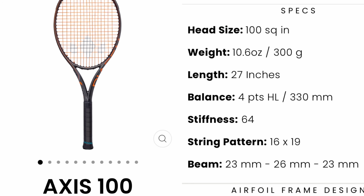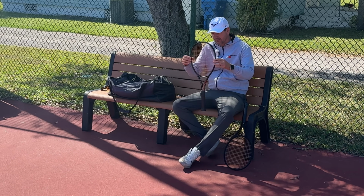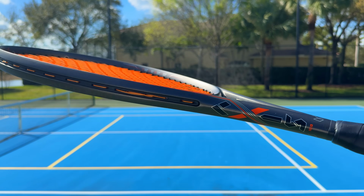Now let's take a look at the specs, and we're going to start with the Axis 100. So the name reveals the head size is 100 square inches. The static weight is 300 grams. Regular length of 27 inches. It's 4 points headlight, and it has a stiffness rating of 64. The string pattern is 16 by 19, and the beam is quite thick: 23, 26, and 23 millimeters. So the frame is at its thickest at the 3 o'clock and 9 o'clock spot, and that adds to the